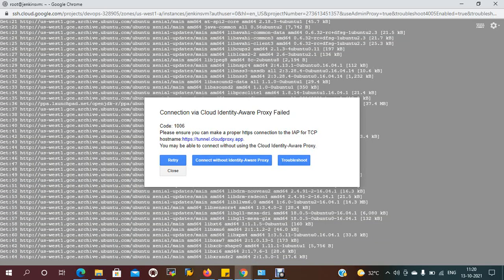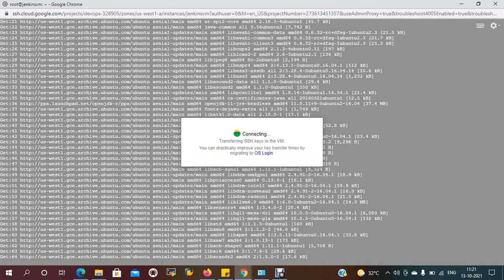Connect without identity or retry. It is transferring SSH keys to the VM.